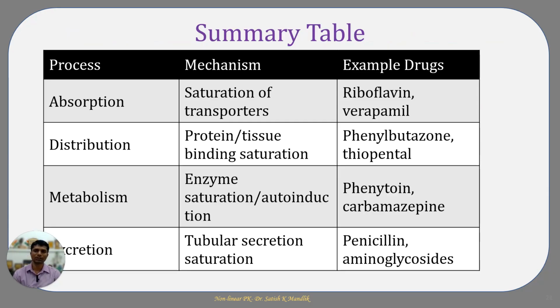We learned different sources of variability of nonlinear pharmacokinetics. From absorption, especially the saturation of transporters, active transports become saturated. In distribution, protein and tissue binding sites become saturated. In metabolism, enzymes become saturated, or sometimes auto-induction may contribute to the non-linearity. In excretion, tubular secretion and tubular reabsorption are saturated, and that leads to non-linearity. So this is it